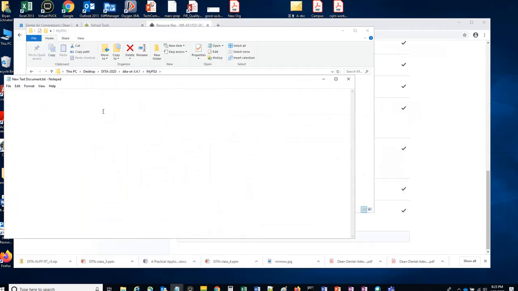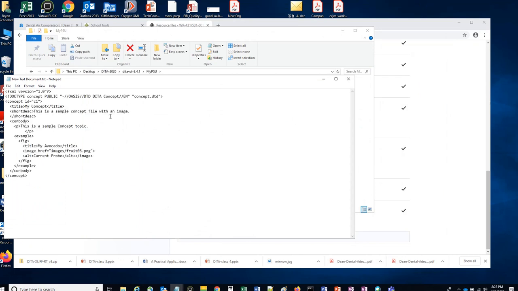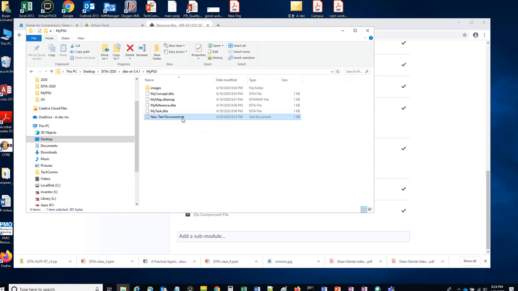So then you would paste the content, and make sure that if you have a trailing carriage return like this, backspace once, and you have your topic, and just save. And then after you've saved it, rename it into myconcept.dita. So I've already done that